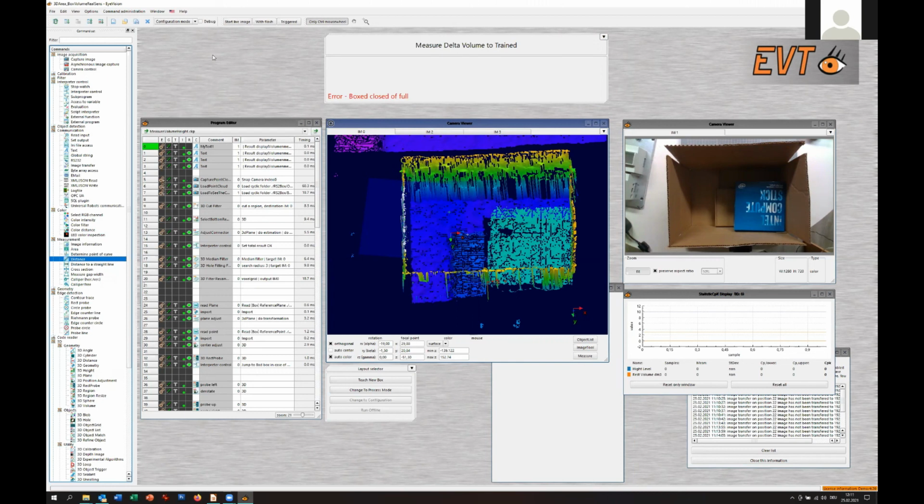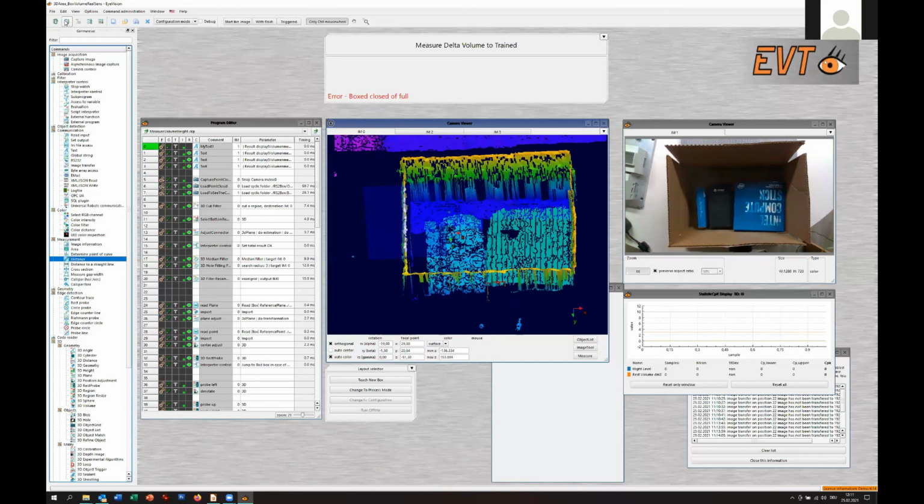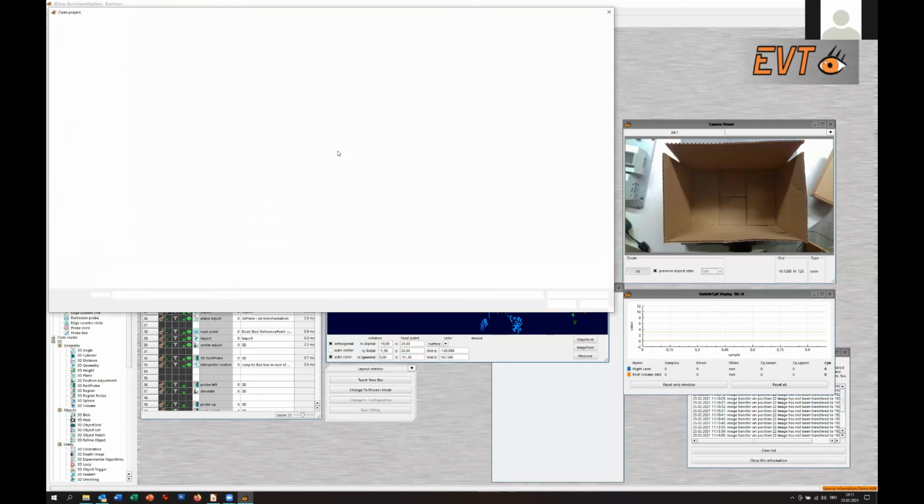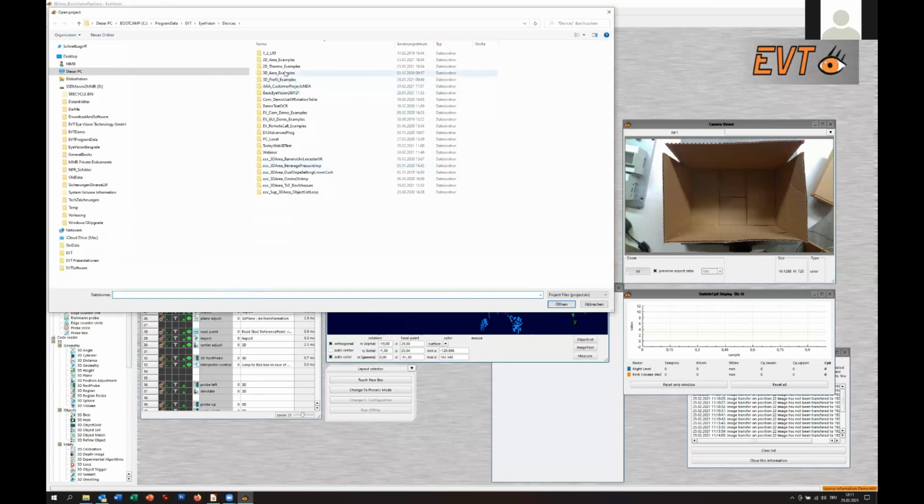But I simply recommend, remember all the demo project files, which I just opened one of here, and you can really see how it works with a real camera. If you have a RealSense, feel free, connect the RealSense to the system and try it. Or if you have any of the other 3D cameras,